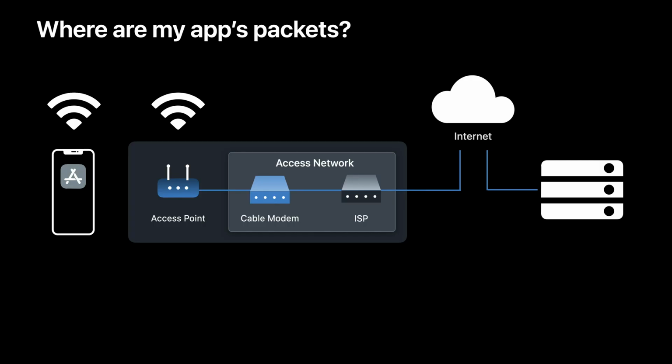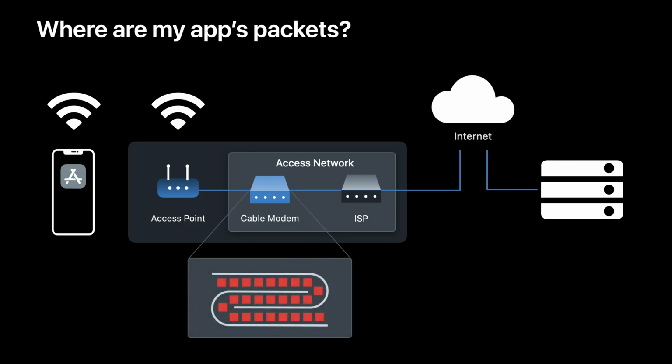To get to the root cause of this problem, you need to understand how your app's packets travel in a network. When your app or framework requests data from a server, packets are sent out by the networking stack. It is often assumed that the packets go directly to the server with no delays in the network. But in reality, the slowest link of the network usually has a large queue of packets to process. So the packet from your app actually waits behind this large queue until the packets ahead of it are processed.